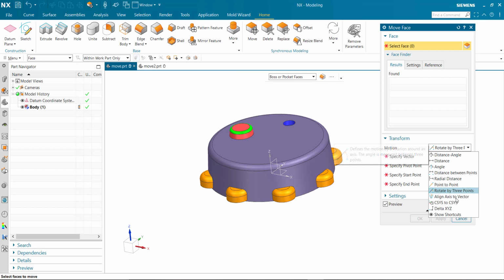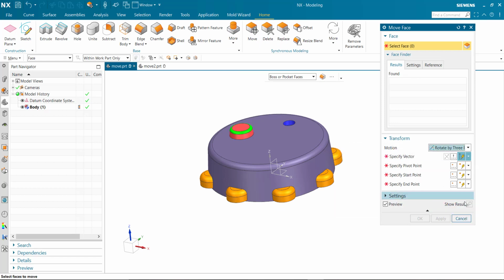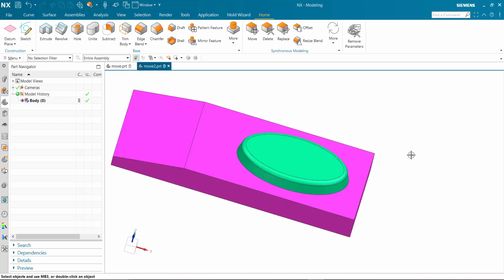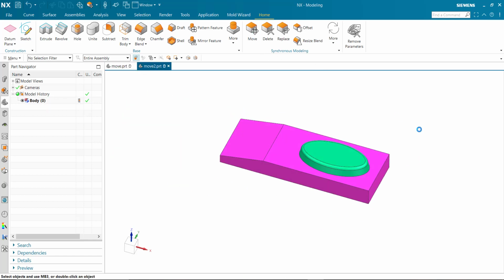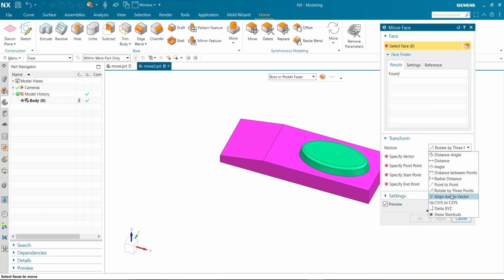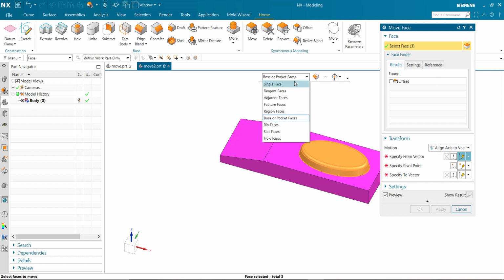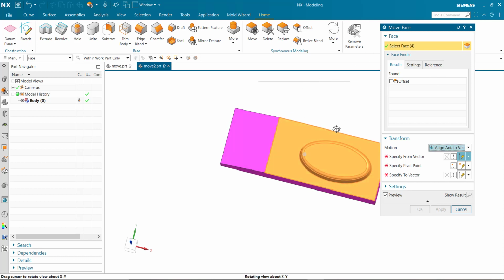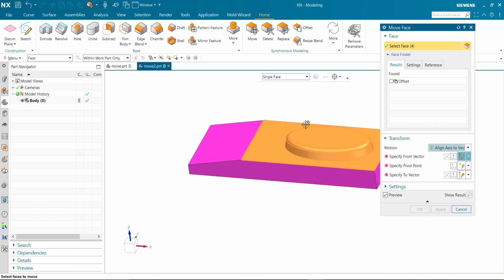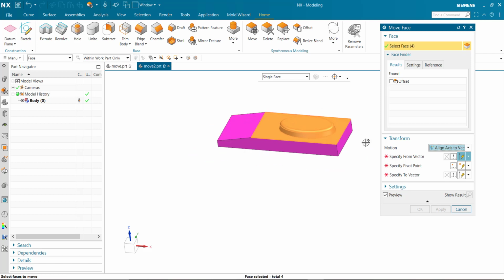In next setting, align axis to vector. For this, we are taking another example. Align axis to vector. Select face. I am going to align this entire surface to the taper surface.